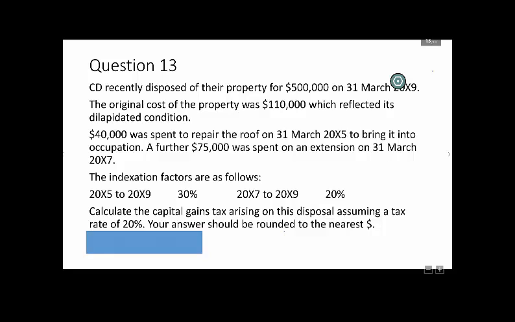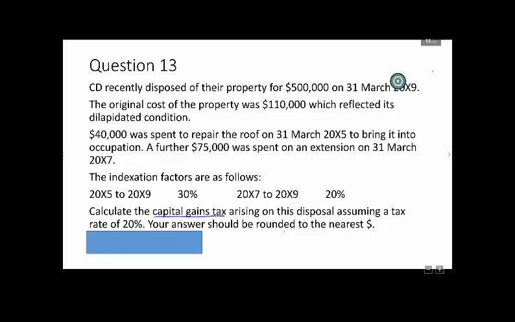Question 13 is asking us to calculate the capital gains tax which would arise on the disposal of a property, assuming a tax rate of 20%. So in order to work out the tax charge, we first of all need to work out the gain, which